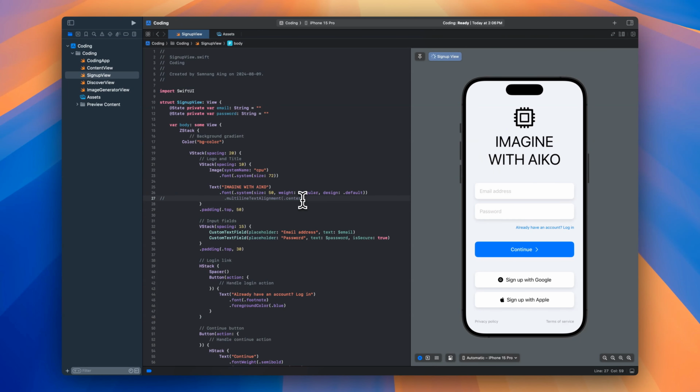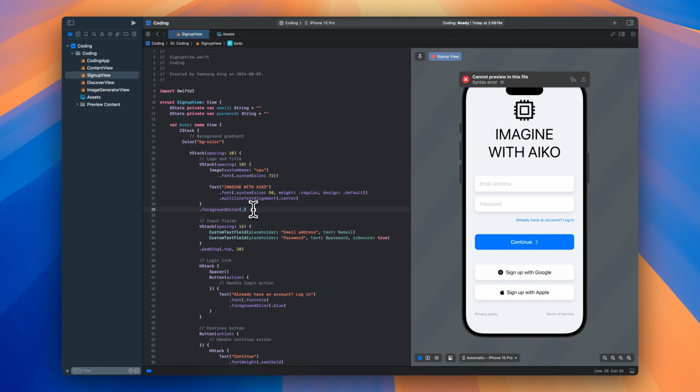To ensure perfect alignment, we'll apply the multi-line text alignment modifier, centering all elements within the VStack. Finally, we'll set the VStack's foreground color to .primary, creating a cohesive and visually appealing header that adapts seamlessly to different color schemes. In the next VStack that contains the two input fields, set the spacing to 20 and